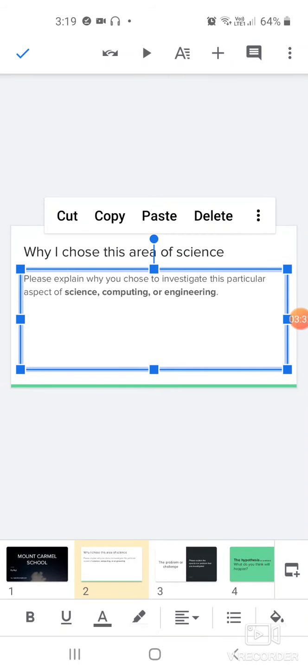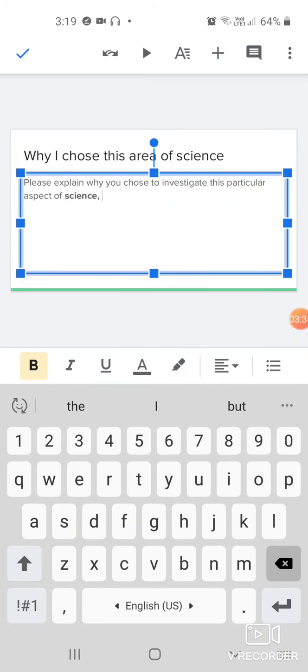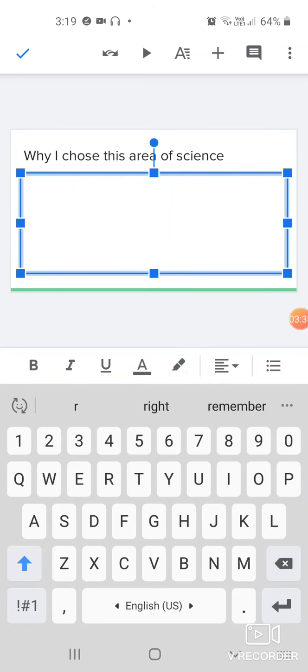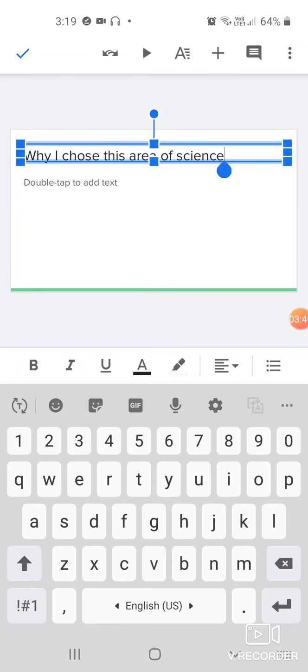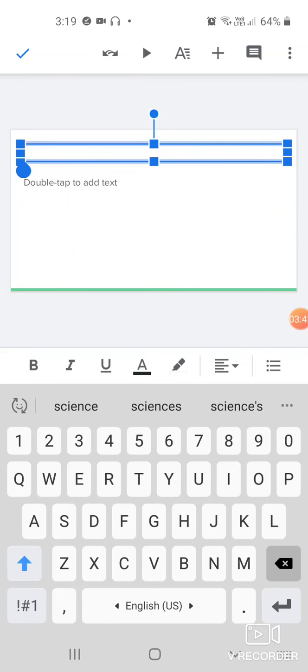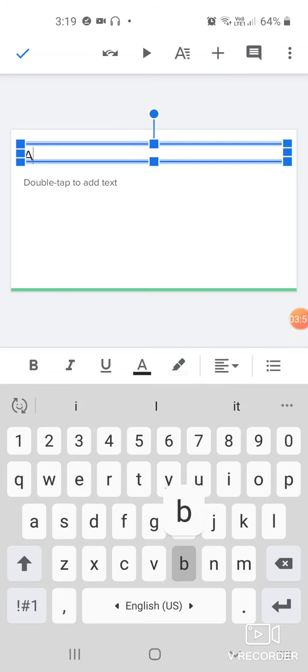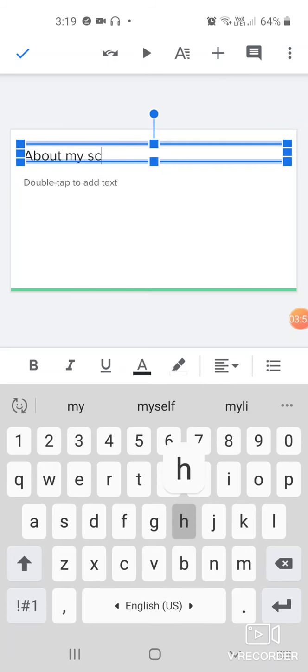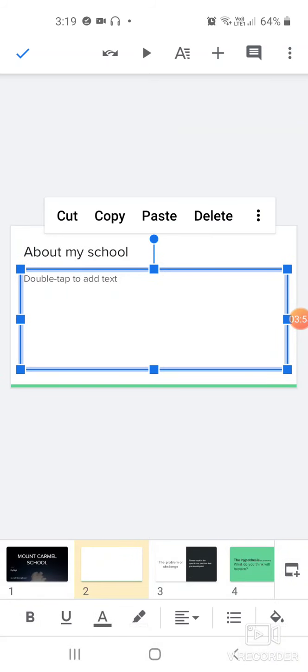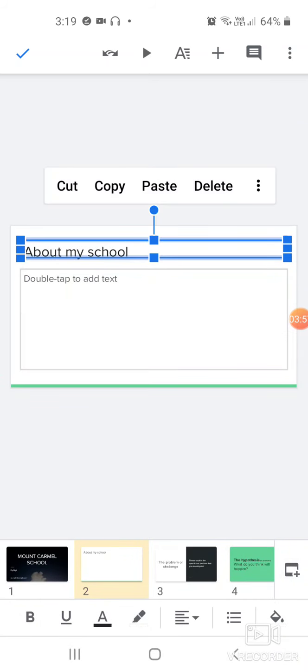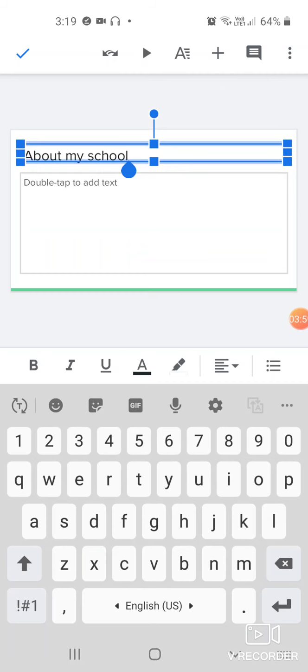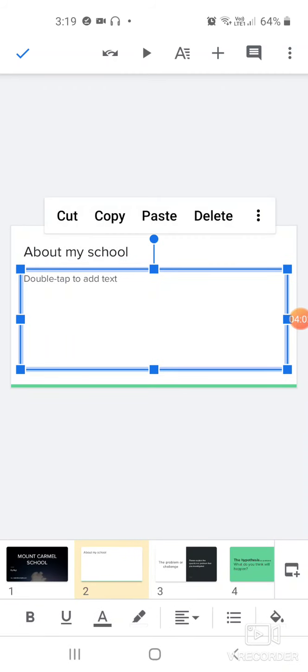Now if you don't want any part of it, you can always delete, double click and delete what is written there. We don't want it. We are going to write our own text. So first slide, second slide, I'm going to write where my school resides. So maybe the subtopic can be about my school, and we can change the color also. So when we double click and we long press it,